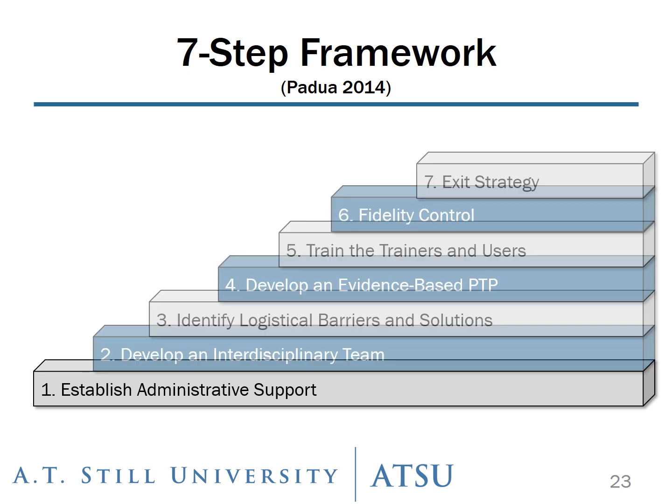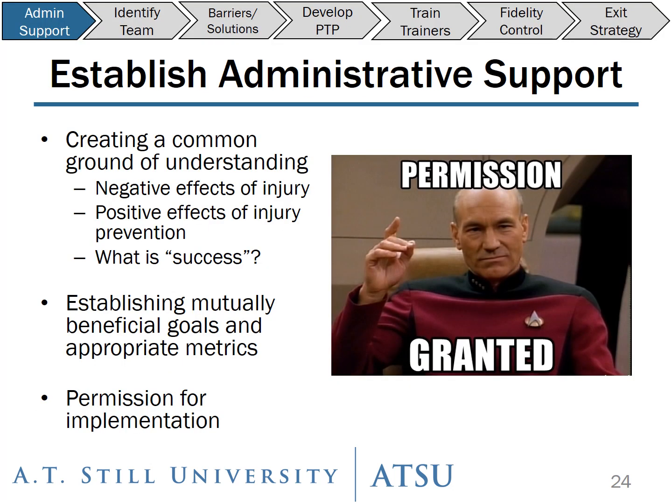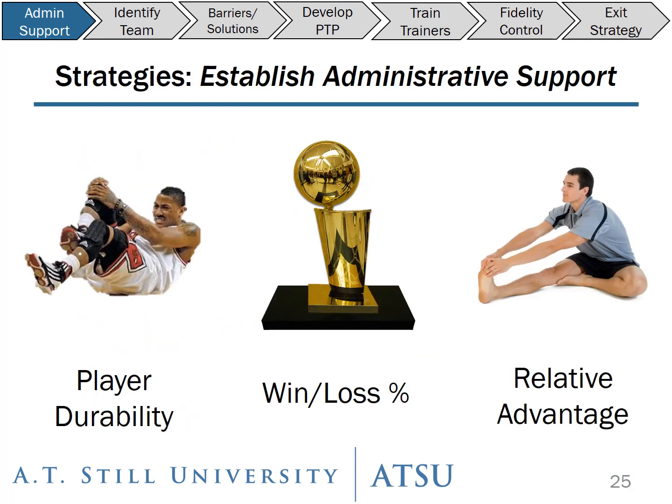Starting with establishing administrative support. The first step that we will discuss is establishing administrative support. In terms of strategies to gain administrative support, this goes back to understanding the definition of success for this particular sport or setting. In the case of teams most concerned with reducing injury risk, preventative training programs can be presented